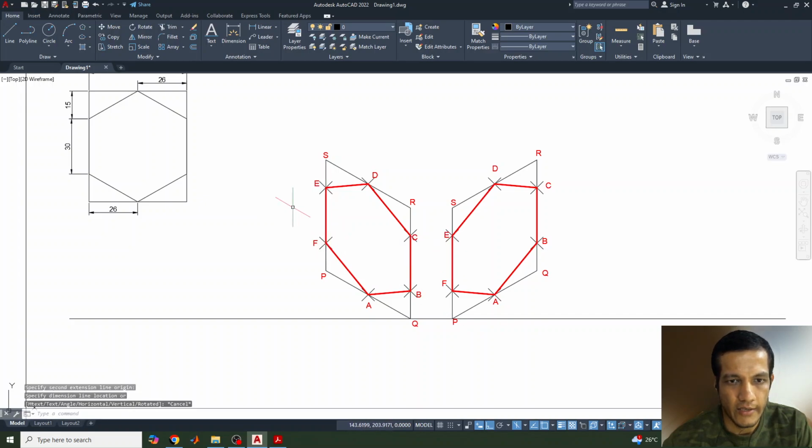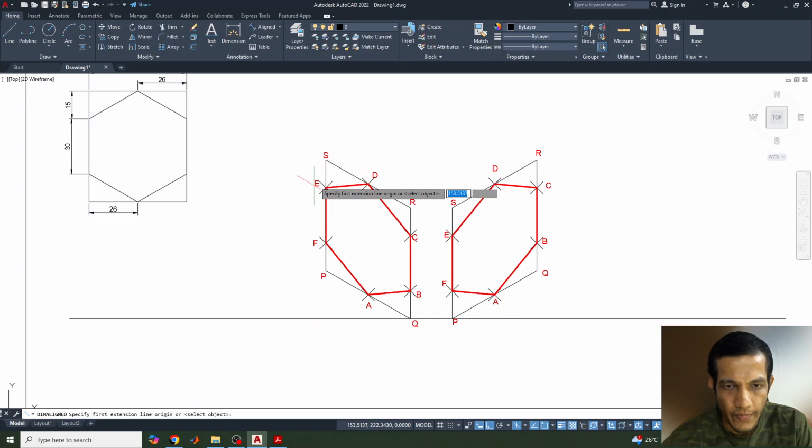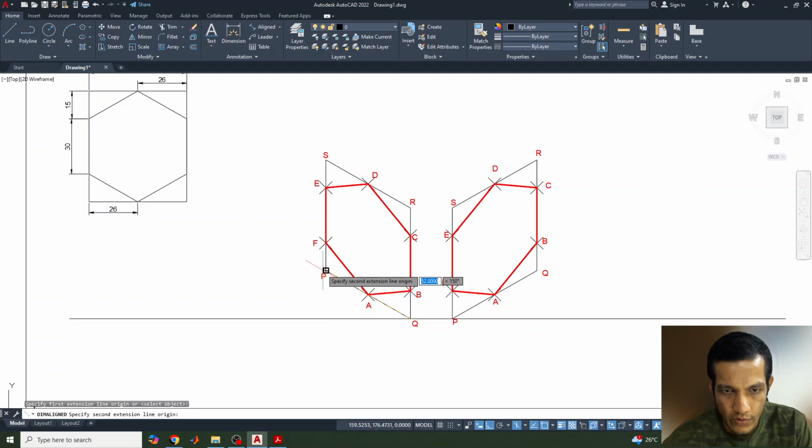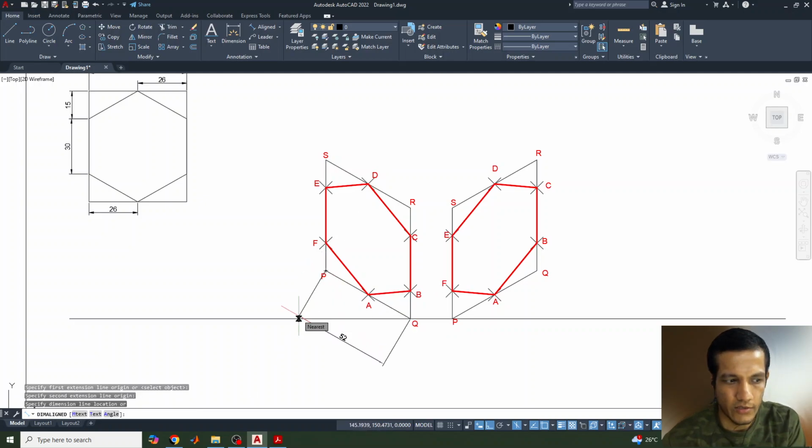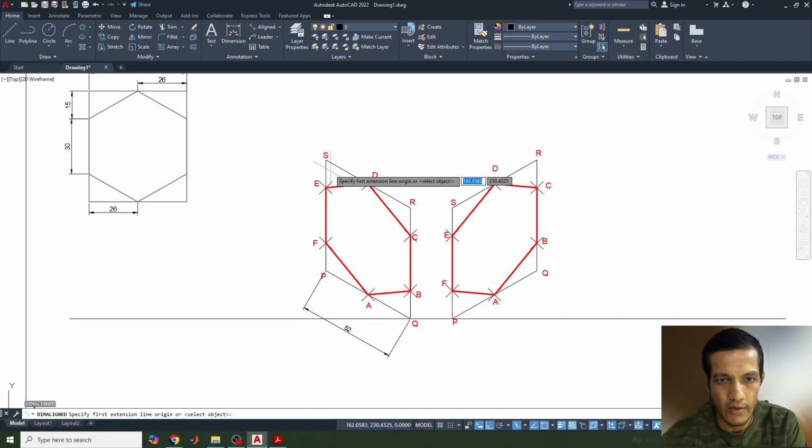Okay, so 30 is there because the side is given as 30 mm. Let's measure from here to here, how much is there. 52 is visible, so keep it in this way. And this height is